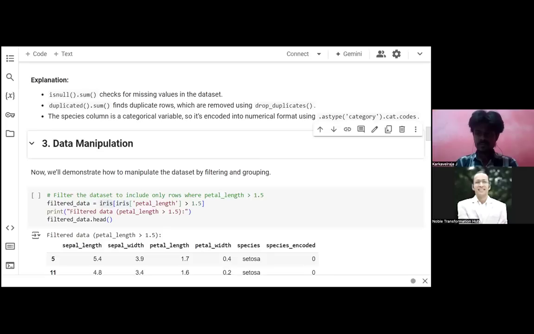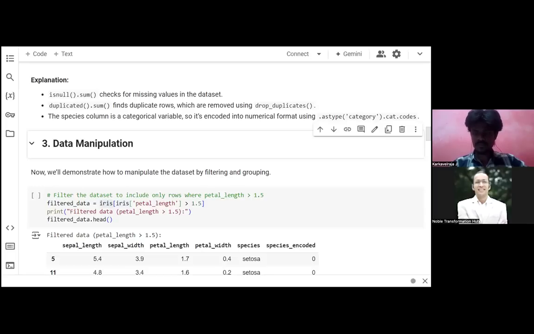Okay, so filtering the dataset includes rows where petal length is greater than 1.5. Suppose filtered data equals iris where petal length is greater than 1.5. Then print the filtered data, so filtered data dot head.